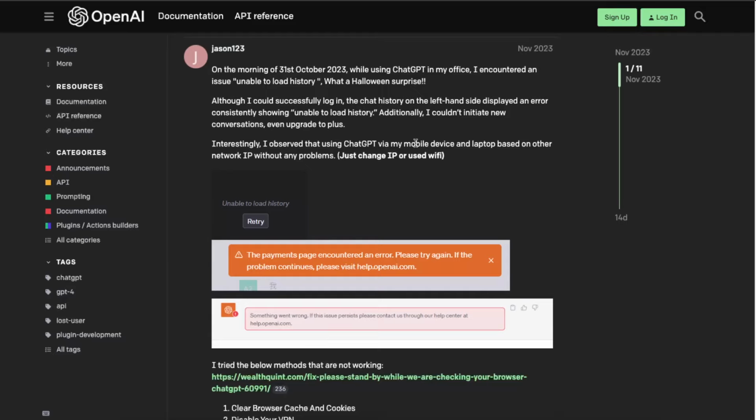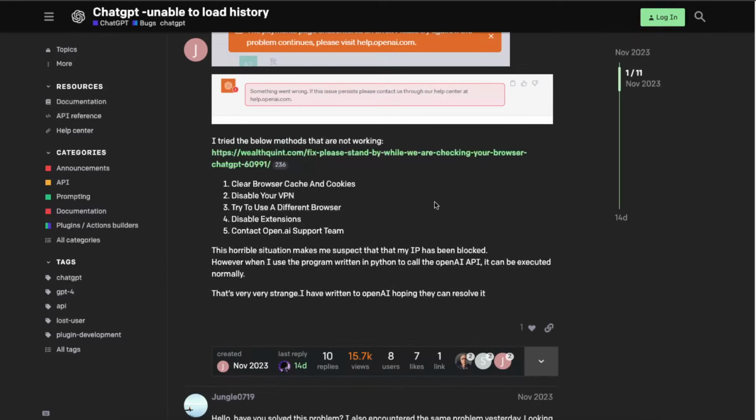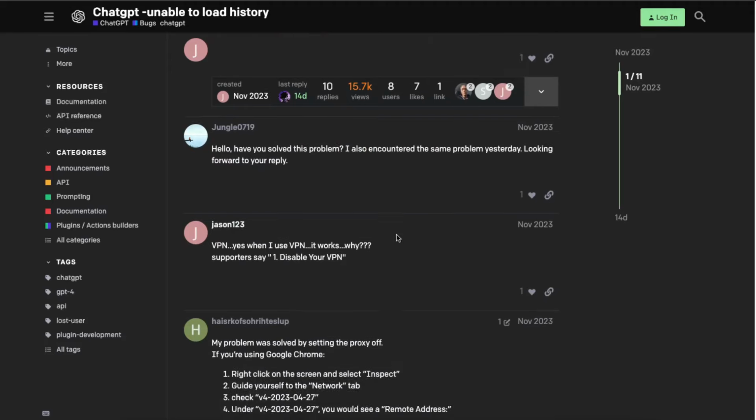But what people are saying is that actually just changing your IP and Wi-Fi. If you're using a VPN, then you will need to go ahead and change it to your location. Again, disable your VPN and go ahead and